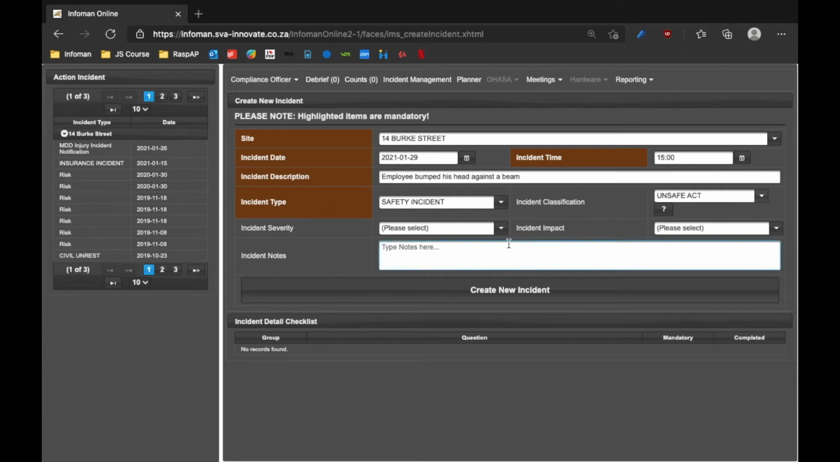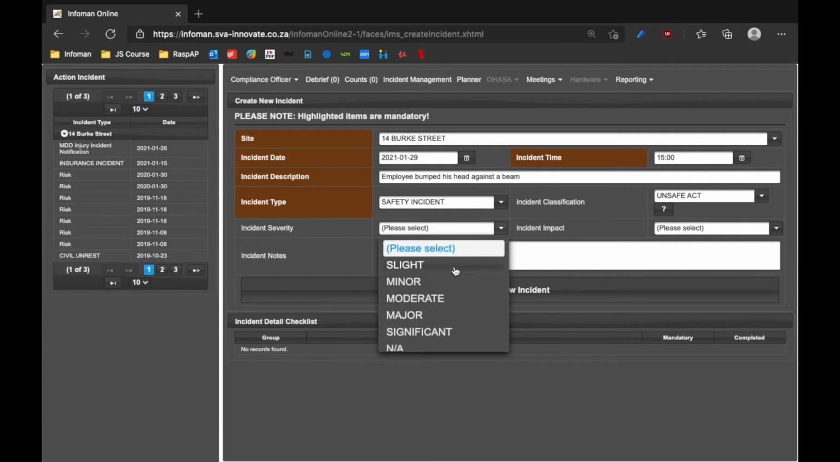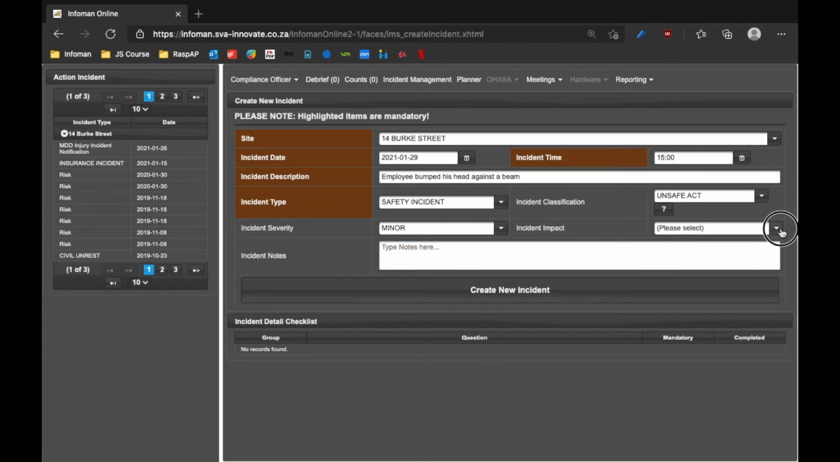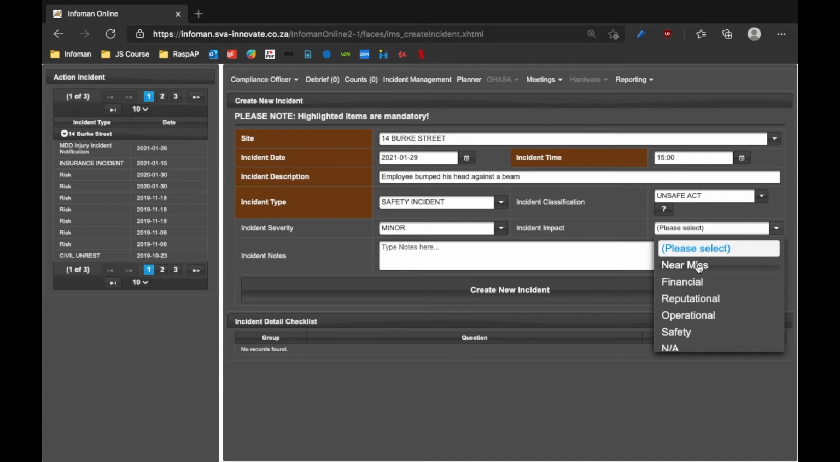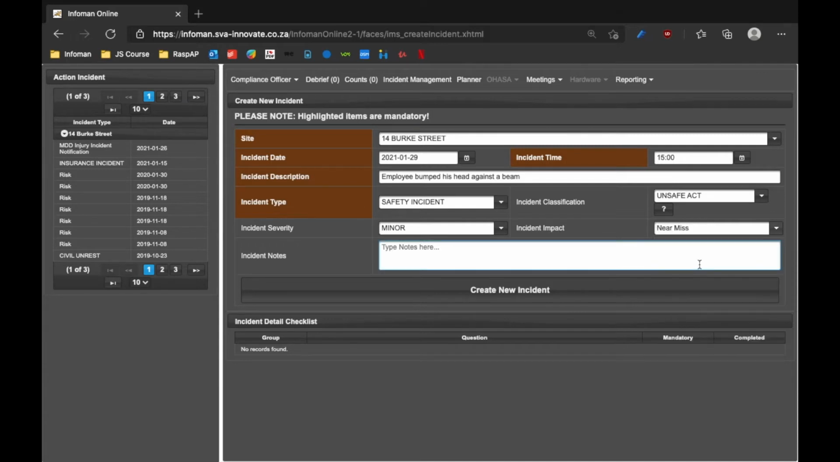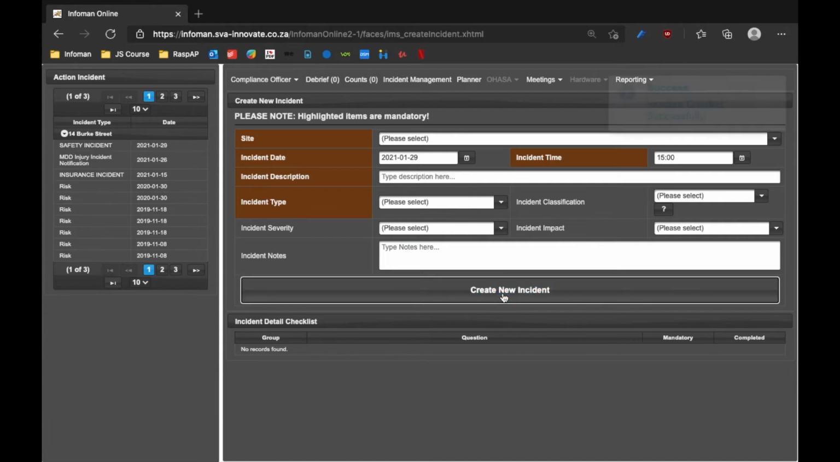I can then proceed to select my incident classification, severity, and impact. Note that these fields are optional, but they can be made mandatory if required. I can also add additional incident notes. When I'm done, I can simply click on Create New Incident. You'll get a pop-up notification confirming that the incident has been created, and it will appear on the left-hand side